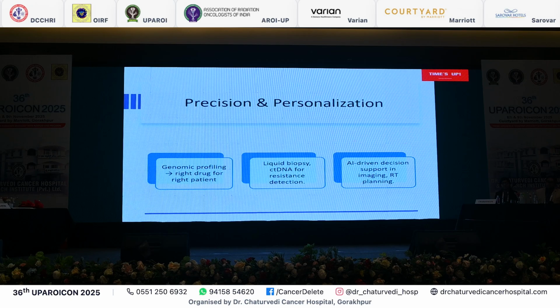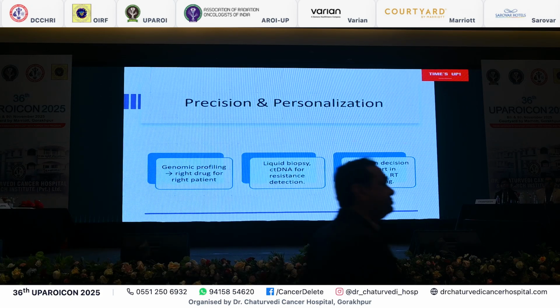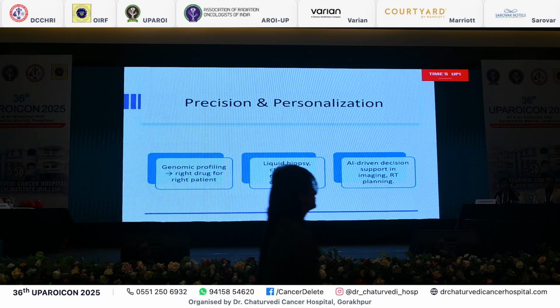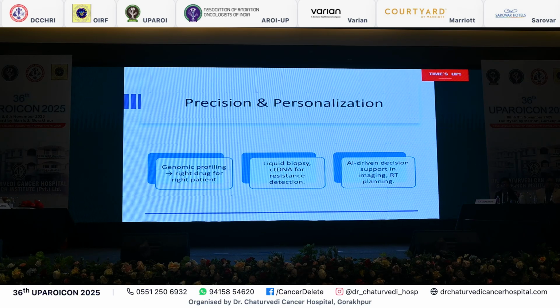Then we are going for what? Liquid biopsy. How will that help? We can find the circulating tumor DNA. So if we do this ctDNA and there is still tumor load in the blood, what do we know? That still the disease is not controlled. It might look like the disease has regressed, but still the disease is present. So what to do? We are going into a phase where we will be treating lung cancer not as a malignancy but rather as a chronic disease. Like a patient needs a drug for diabetes, like a patient needs a drug for hypertension, we would be treating lung cancer along the same lines.